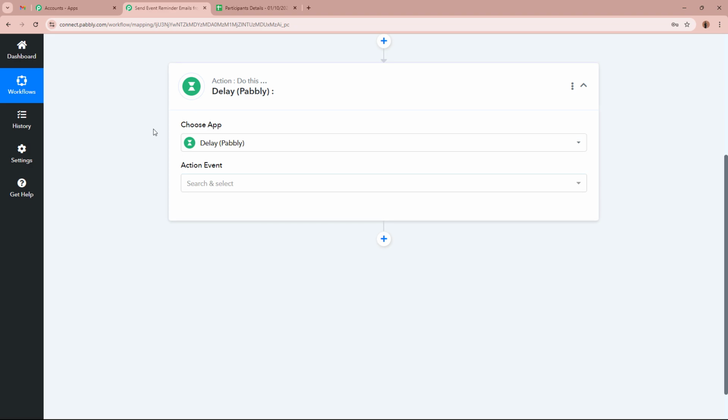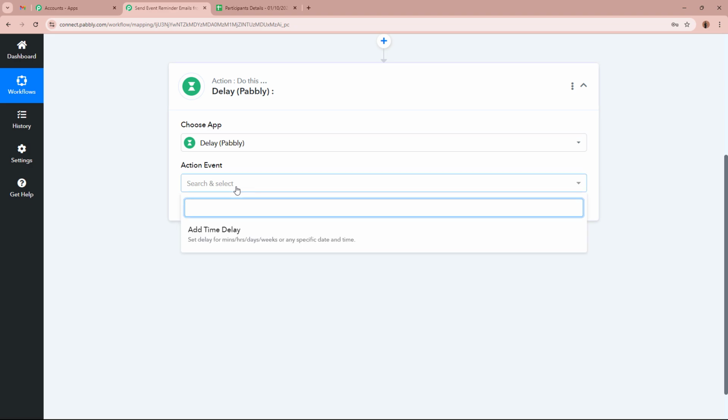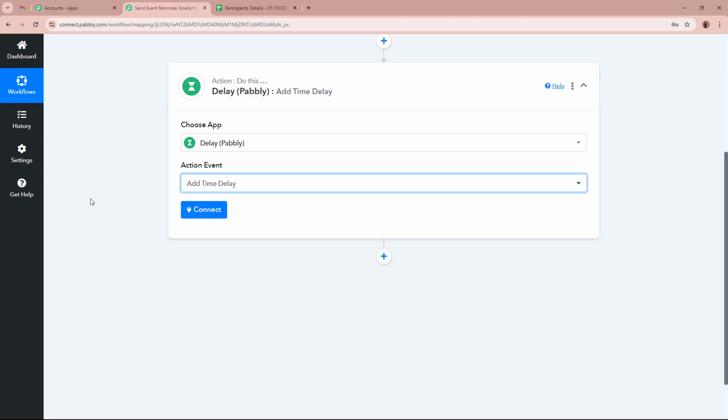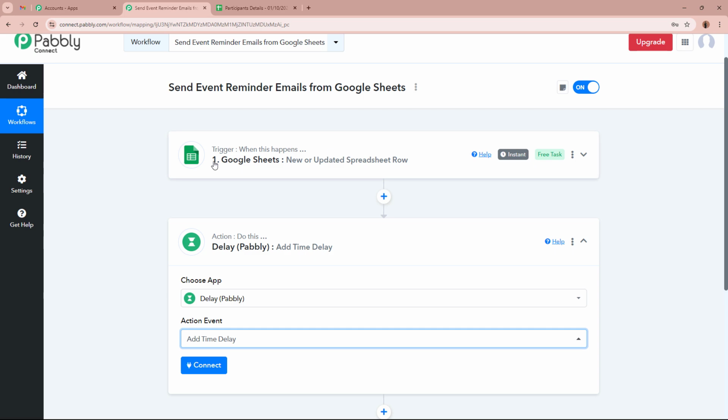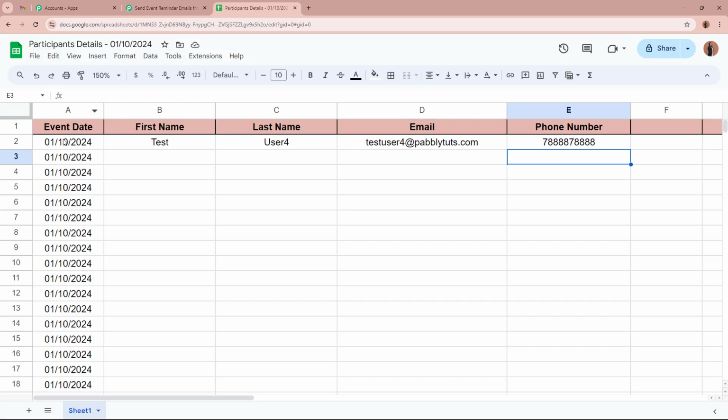That is why for the action application, I'm going to select Delay by Pabbly, and for the action event, I'm going to select Add Delay Time. Now I'm going to add a delay to this workflow as I want to send the email reminders to my participants whose details I've added in my Google Sheets a day before and an hour before the event. A day before the event means, as the event is on 1st of October 2024,